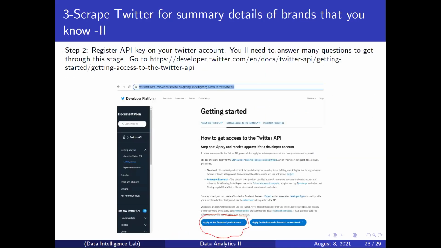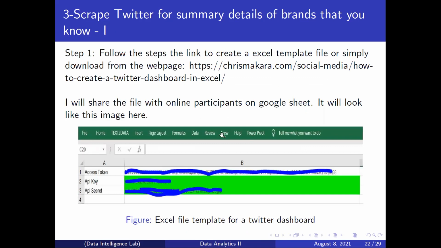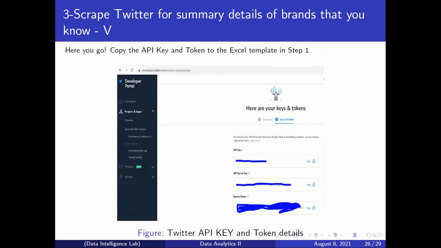Right, so this is the Excel template you downloaded. You are just going to replace whatever is in each of these values with your own values. So you replace the access key, access token, API key, and API secret with your own values. Once you are done with that,